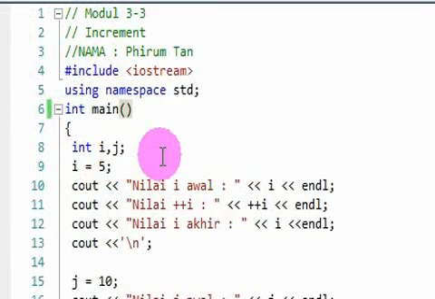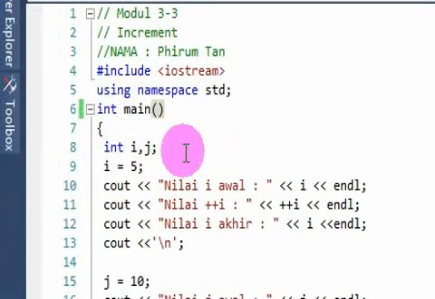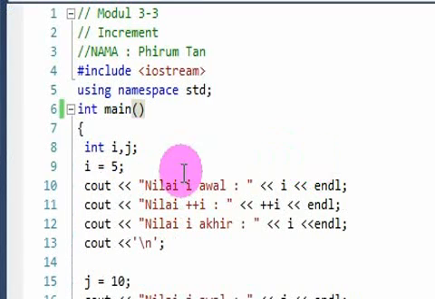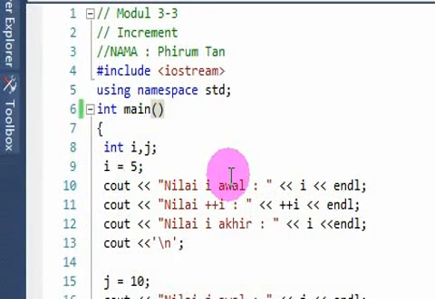First we declare the data type integer with two variables i and j, and i stores the value 5. For line 10 we just print out i, and on line 11 we